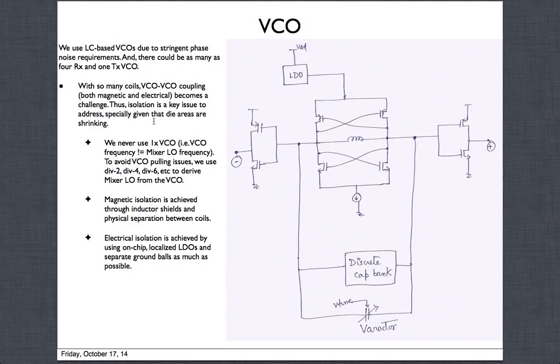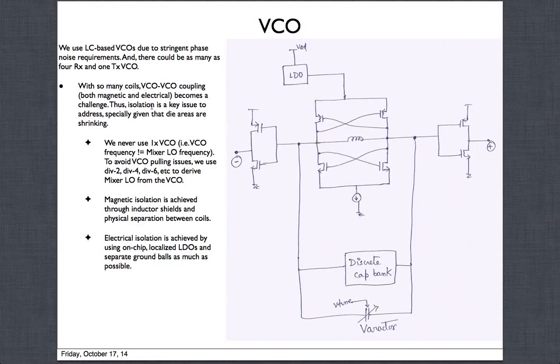Let me go back to the challenges again. As we were saying, the main challenge is isolation. There is magnetic isolation. If you have two coils close by, two VCOs close by, they're going to couple to each other. The only way to improve magnetic coupling is through orientation and physical separation. Physical separation is the main thing. So how much can you physically separate them? The further you go, the better it is, but the chips are so small, how far can you go? Especially if you have 5-6 different VCOs.